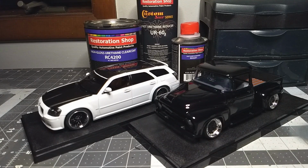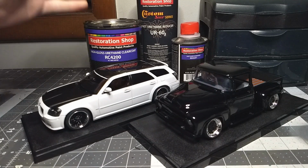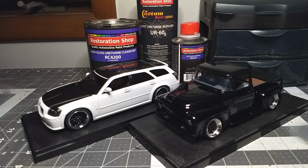I have a mounting closet where I keep my kits. Put it in like a plastic tub. Put it under there. I know some people do that. Make sure it is dust free where you are letting it dry, because like I said, you do not want dust or anything getting on the clear coat, because this stuff does take some time to dry. So 24 hours, it says on my can, you are ready to touch it. But if you're going to wet sand it, wait at least 3 days,